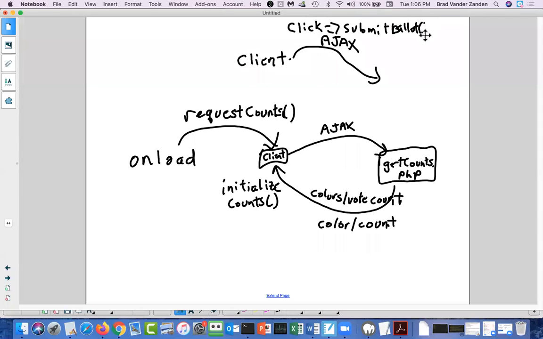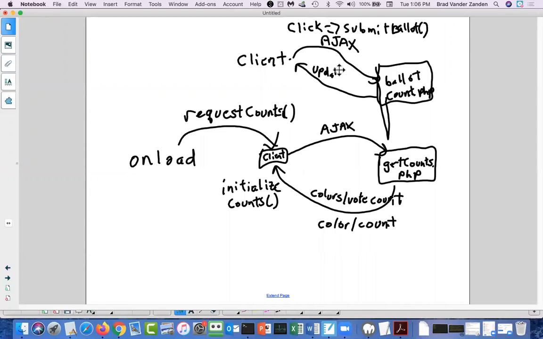Submit ballot is going to make an AJAX call again. Actually, this time it's going to call ballot count. Ballot count is going to increment the vote count by 1 and return it. So it's going to return the updated vote count for that color, but only for that color.